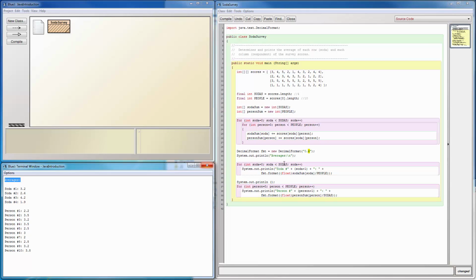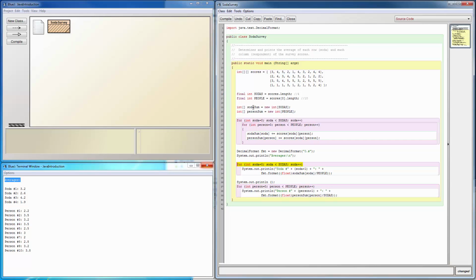First thing we want to do after we have that is print out the averages for the sodas. So in this case, we're going to end up looping over that SodaSum array. Remember that in that SodaSum array, we've added together each of those rows, right? So instead of having to deal with each of the 10 answers from the survey for that soda, we've added them together and put them into that SodaSum array. So that SodaSum array has a sum for the first row, second row, third row, fourth row. All right, so what we'll do is we'll have another for loop, and that for loop is going to look at each